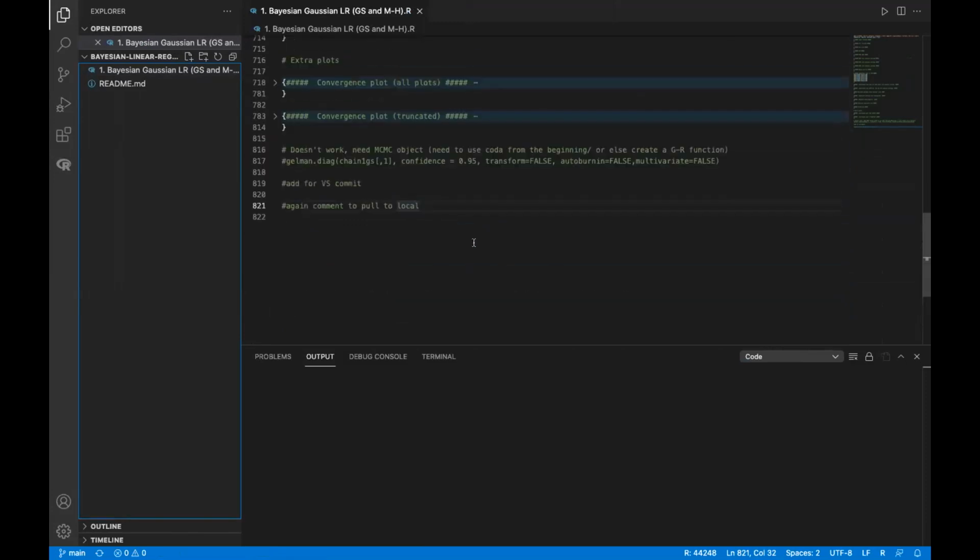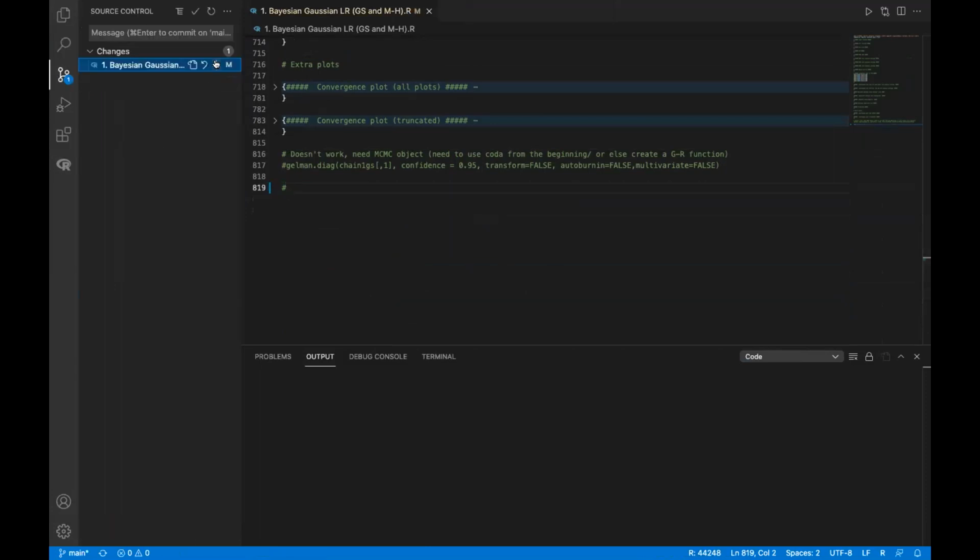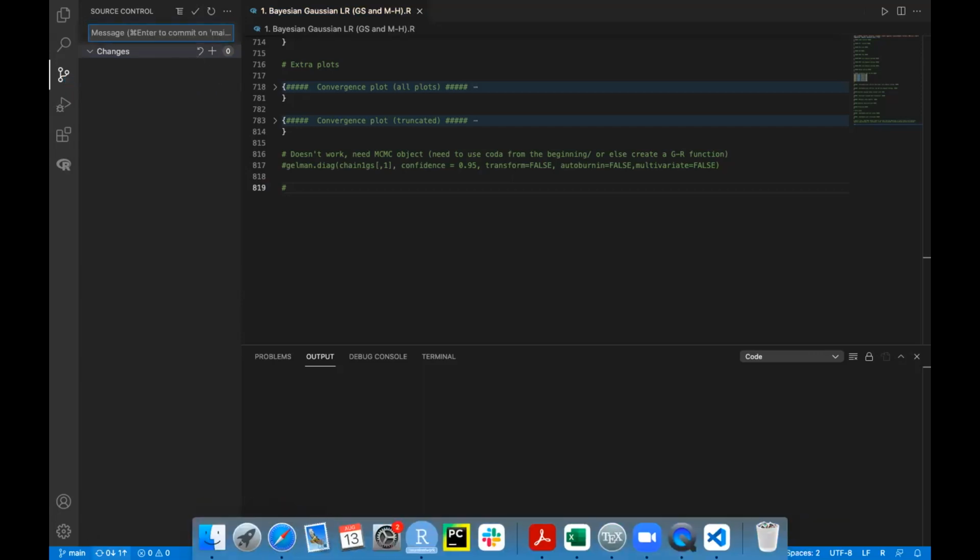I work in R. But before this, the only thing that I wanted to do was change the code and then push, pull, push, pull. So I was trying to do that just now. Let's say I make another comment and it appears here, then I'll test again. I should click here, right?